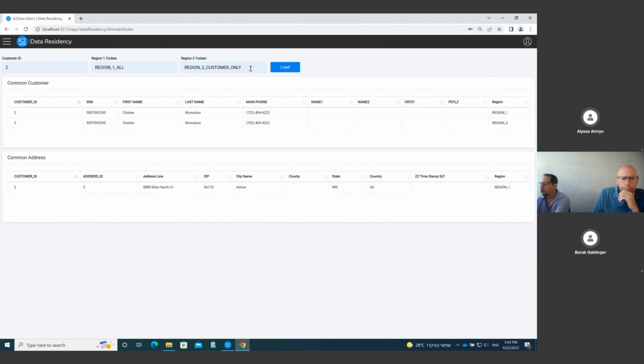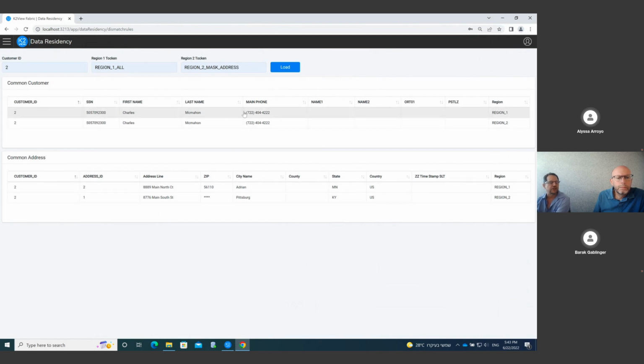But now let's look at the case where I mask the address in number 2. So you see in this case, again, all the information came in. However, the zip code in region 2 was masked. So you can see here that the second record of region 2 was masked for me.